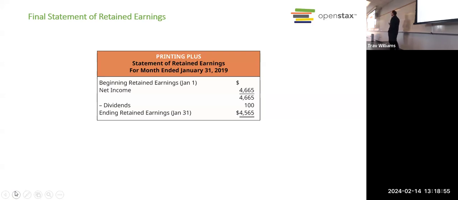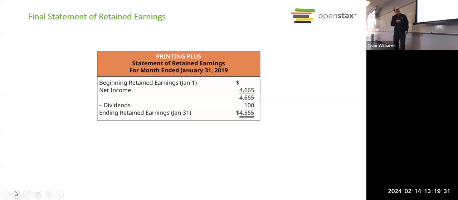And somebody remind me, what are dividends? A part of the profits paid out to the owners. Exactly. When you take part of the profits and you give it to the stockholders or the owners of the company. And it's the board of directors of the corporation that gets to make that decision about whether or not to pay dividends. And when they do, it reduces the profit of the company because you're shifting that profit out of the company and giving it directly to the investors. You're actually giving them money.